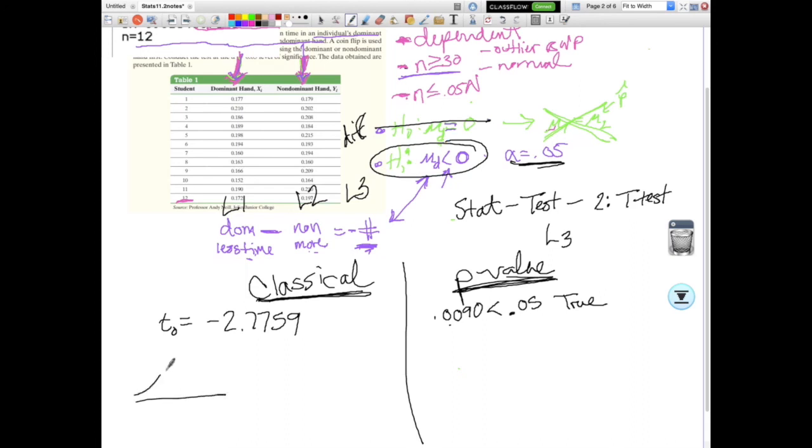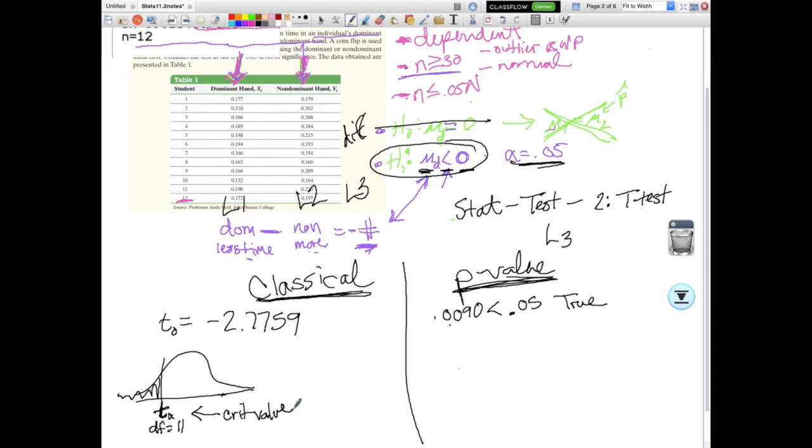Let's go over to classical and kind of revisit that for a second. So here's our T curve, okay, students' T curve. It is symmetrical, if you remember. We are dealing with our difference being less than 0. So if it's less than 0, it's going to be going to the left. It would be left-tailed, okay? We're looking at our t-score of our alpha right now, and our alpha is 0.05. Now, when we calculate t-score, we also need degrees of freedom. So there are 12 pieces of information, so our degrees of freedom is 11. So to find this t-score right now, which is also called our critical value,